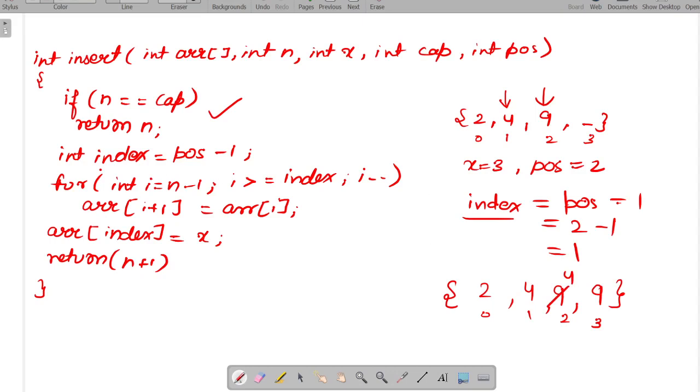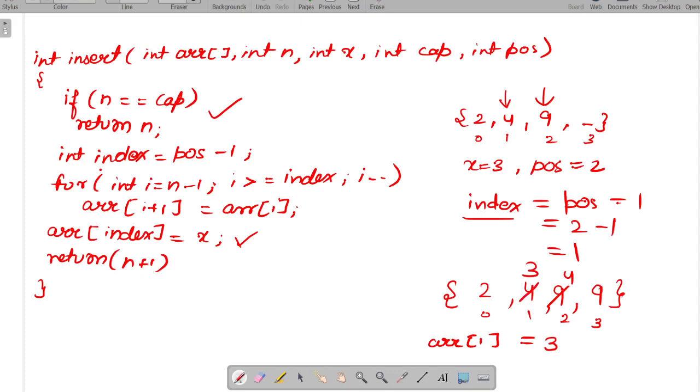In this case the loop is going to run only 2 times, and when it is completed we reach this statement, where we insert our given element x. So array of index, which is array of 1, is where we insert our element, which is 3. So we will insert 3 at this position.